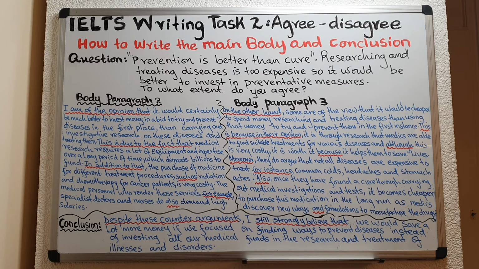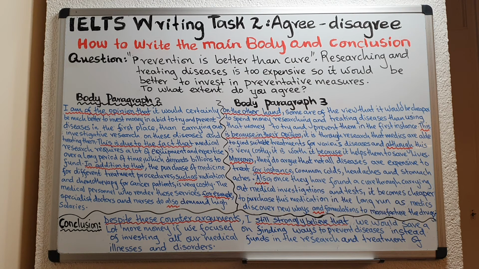The other thing that is very important is to make sure that you use the vocabulary that is suitable for the question. We are talking about research and treatment of diseases. We're talking about medicine here. So I have used the vocabulary that is suitable for that. Okay? So make sure that you do that. If you look at body paragraph 2, okay, invest money, try and prevent diseases, carry out investigative research, treatment, okay,